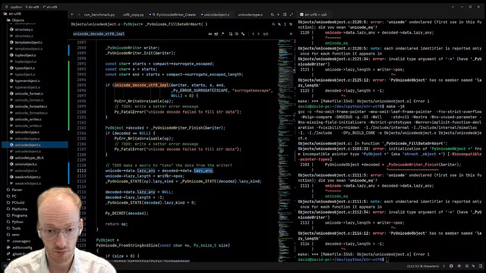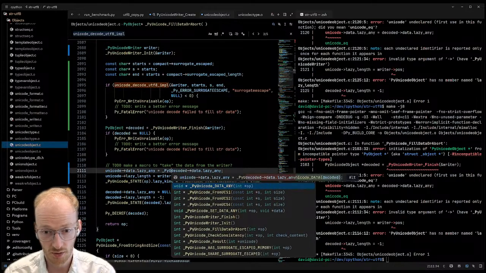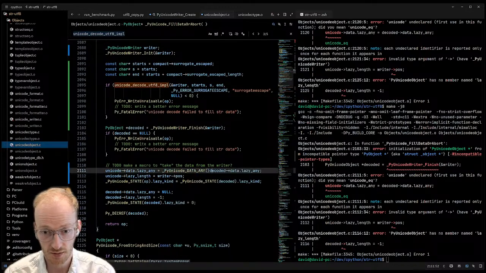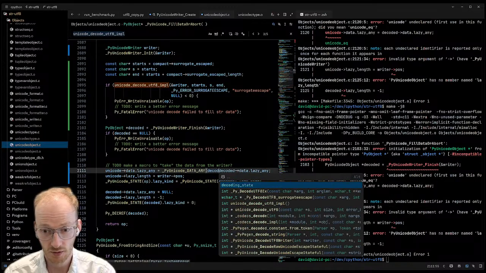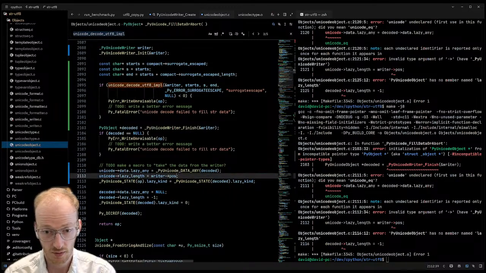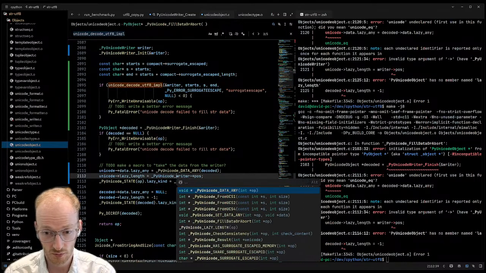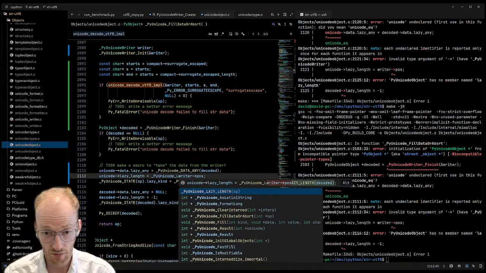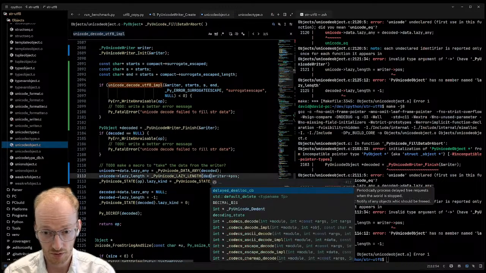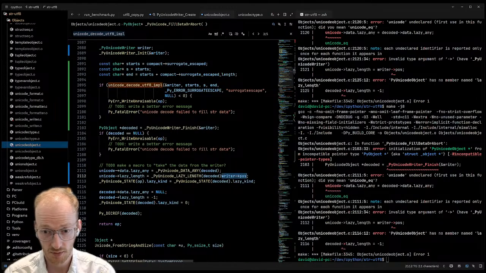Oh, for the lazy line. We're going to need it for these ones, aren't we? Which is okay because we can use Unicode data any coded, and we can use Unicode length coded. That should be okay.